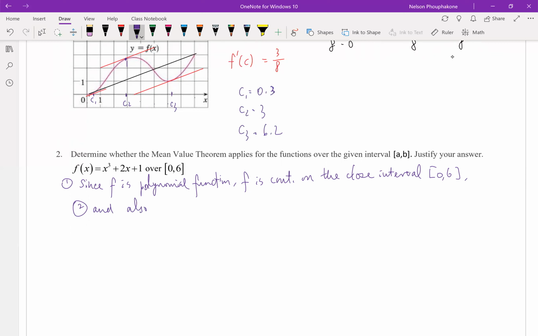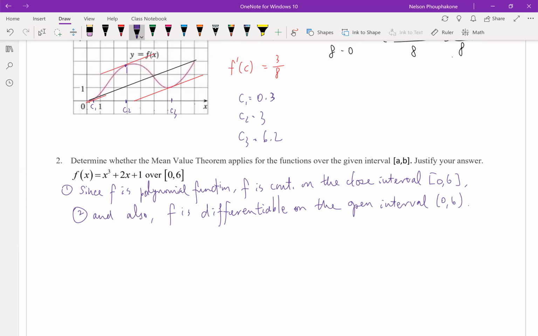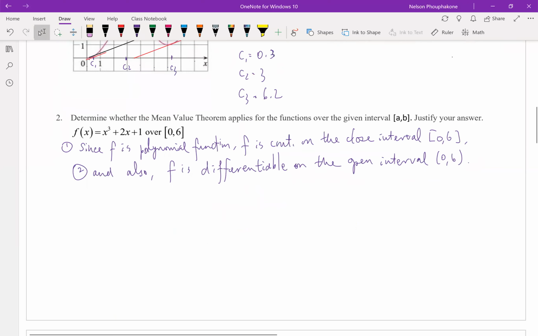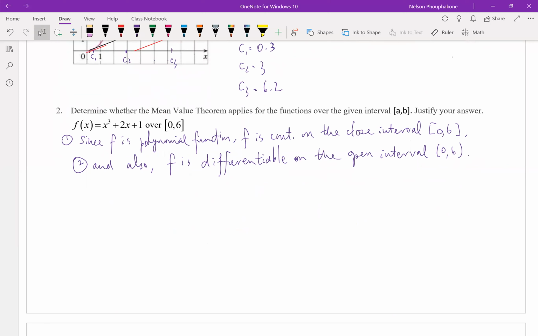And second, again, since f is a polynomial, f is also differentiable on the open interval (0,6). So it satisfies the two hypotheses. Then now, I would say that by the mean value theorem,